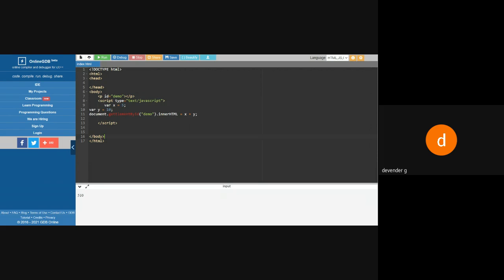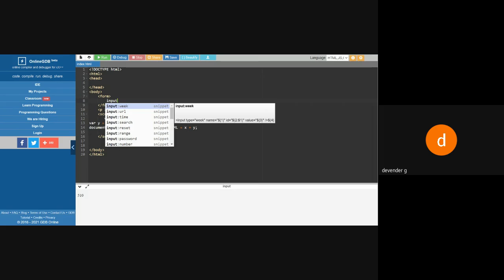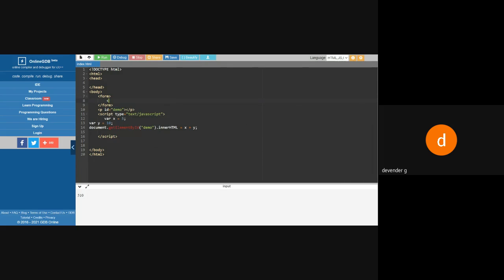But in the other case, if we are using the text box, then this is not going to work. If I'm using this in the text box, this will not work. If you want that also, I'll show you. As you are already aware of the form tag, open the form tag, then I'll say input. If I go for this, input type is equal to text. Can we try this with a number? We have already seen the number, and I'll say id is equal to